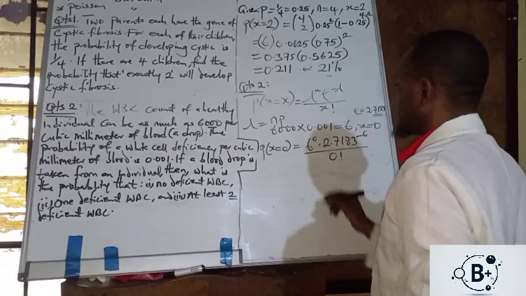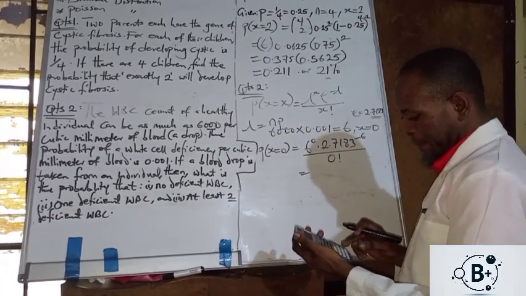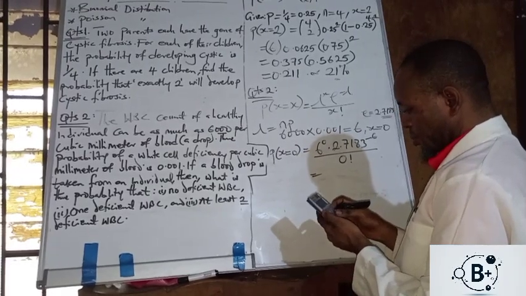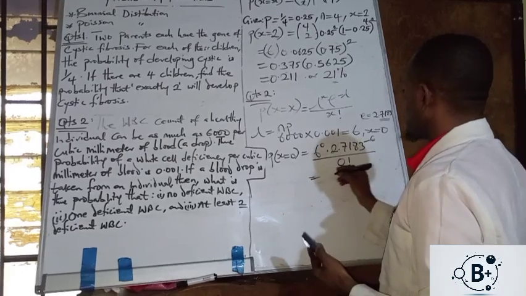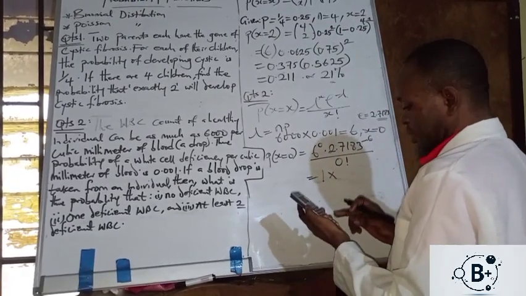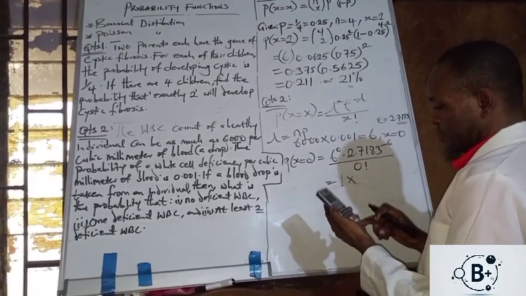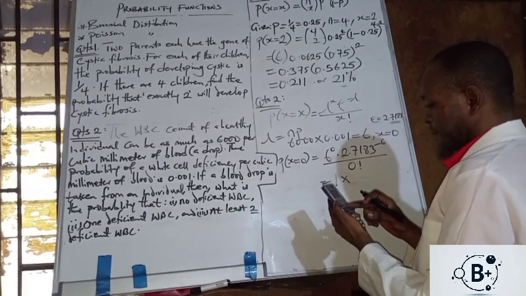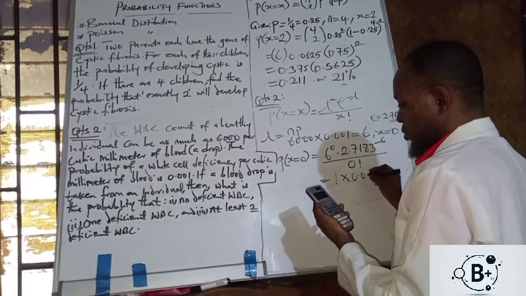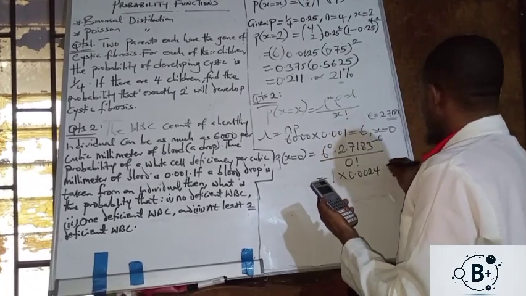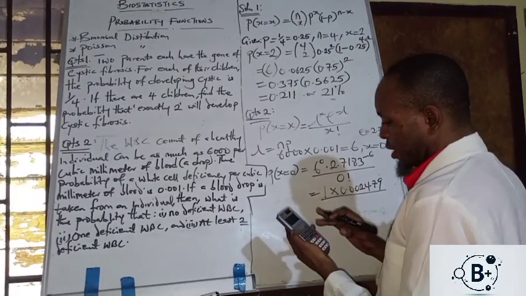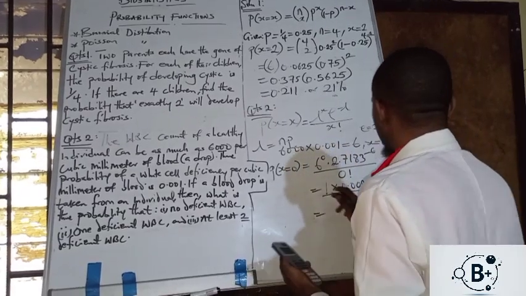It's 0, so 0 factorial. So this is it. 6 raised to power 0 is 1, then times 2.7183 raised to power minus 6 is equal to 0.002479 over 0 factorial. 0 factorial is equal to 1. So this is 1 times this, it gives us